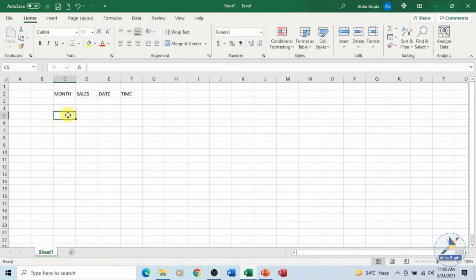Let's see what we mean by left aligned. For example, this is the cell where I want to enter the data. Say I want to enter this particular month name. So if I type, you can see it is touching the left boundary, so it is left aligned. If I want to enter some text over here, say this particular box over here, I click on it and I type. So this is how we enter text in our Excel sheet.